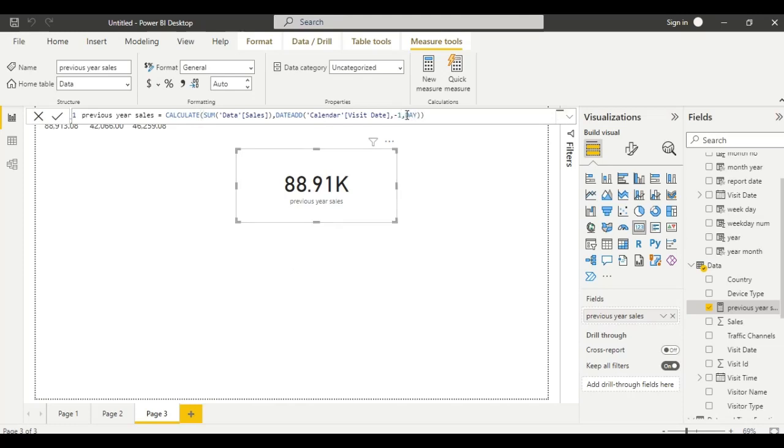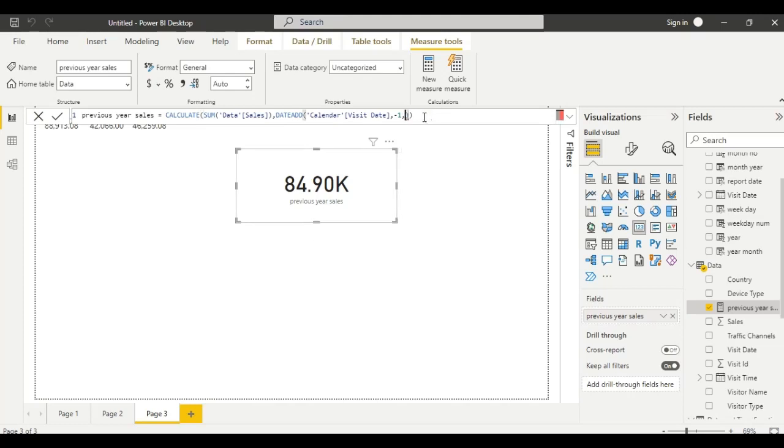If you want previous year by month, so here we get previous sales by year or quarter or month.